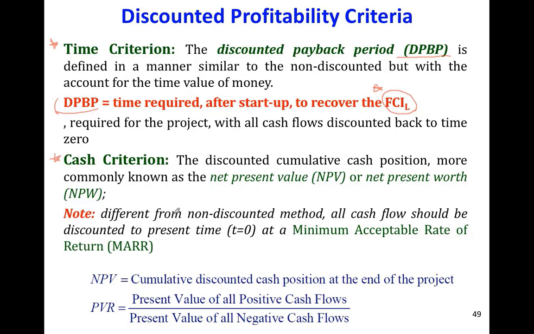Each of these parameters is an indicator of the profitability of your plant, of your company. That's why we need to calculate them. If you are using the time criteria, we will calculate this parameter. If you are using the cash criteria, we need to calculate